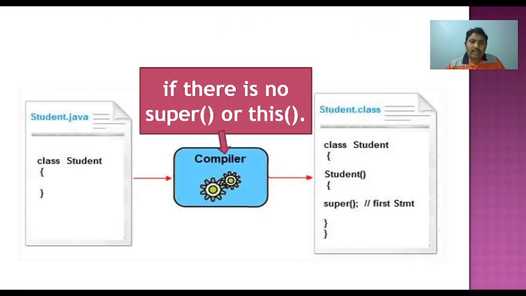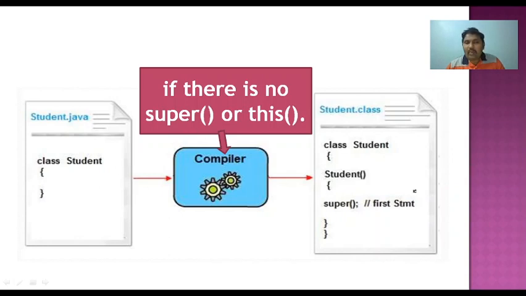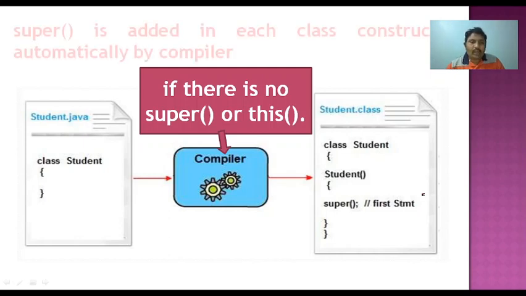So the next topic is, as I already told in the previous topic, if there is no constructor in a class, then automatically the compiler will place the constructor, and inside it a keyword called super off. While discussing default values, I discussed this particular topic. If you have not given any constructor, the compiler is going to provide a constructor called the default constructor. At the time of constructors, we discussed this topic.